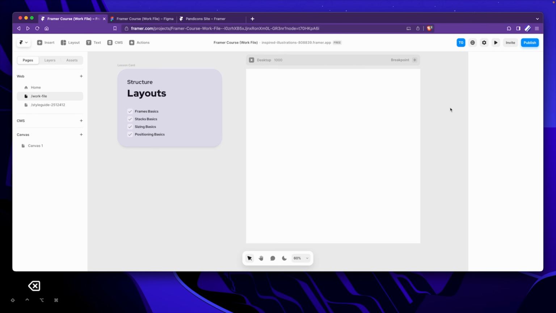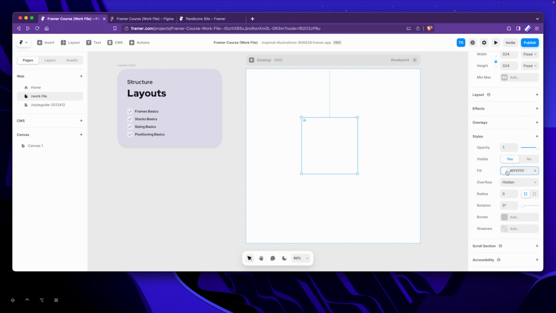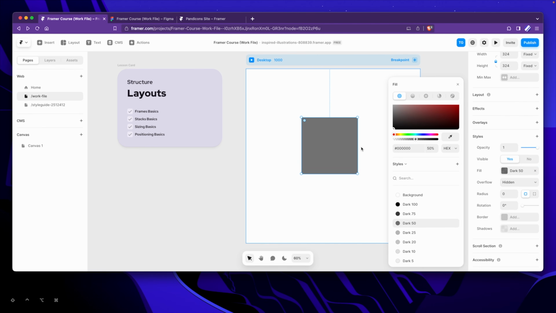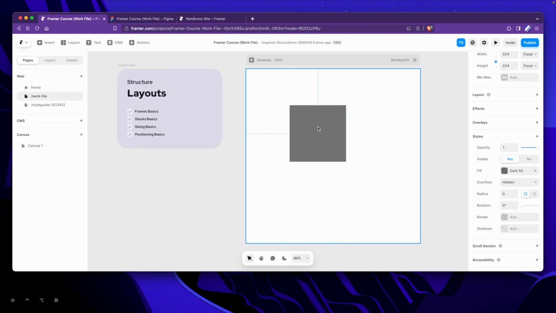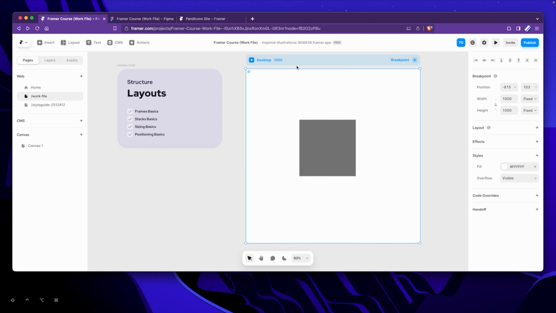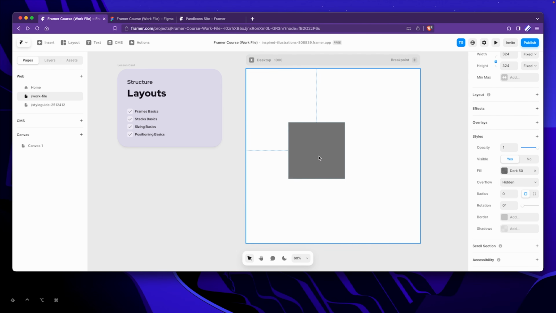Now, let's start by looking at frames. I'll hit F on my keyboard and just create a frame inside of here. I'm going to go down here. I'm going to give it a background color so that we can see it better. And close that modal. Now, with frames here, as you can see, we can move it freely inside of here. This desktop here is currently just what we call a frame. This is also a frame in itself, and as you can see, we can just move it around like this,